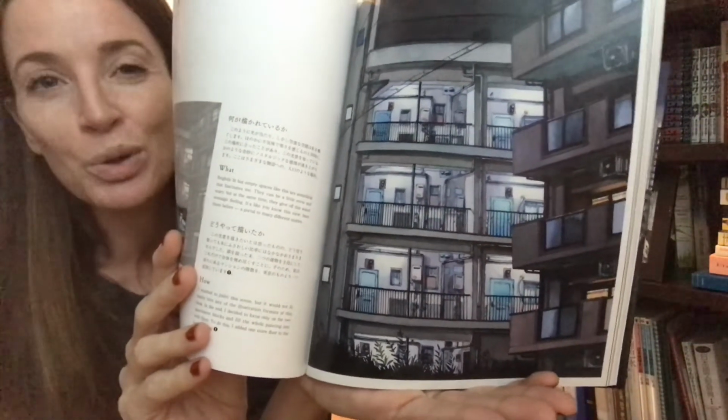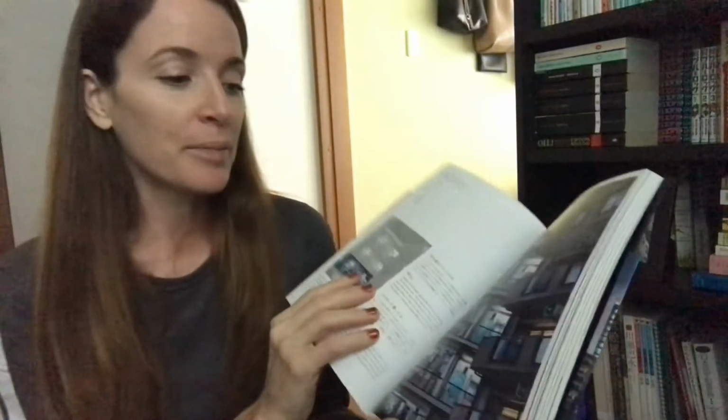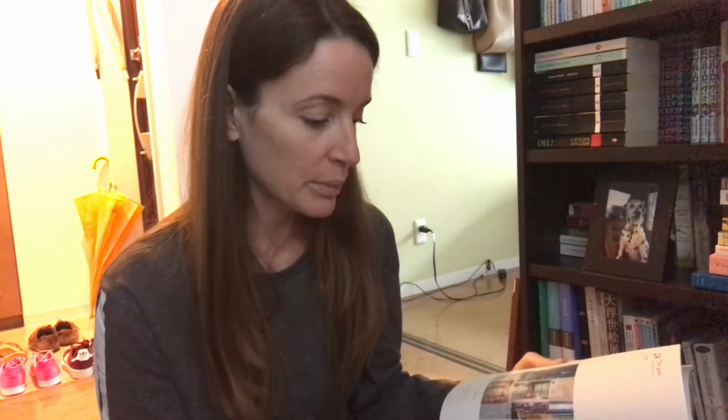This is what Tokyo really looks like. And that's really great because on Instagram, you always have these overly saturated photos, super neon and things like that. And yeah, that's all fun and it creates an aesthetic, but when it comes to actual Tokyo, I'm going to show you one